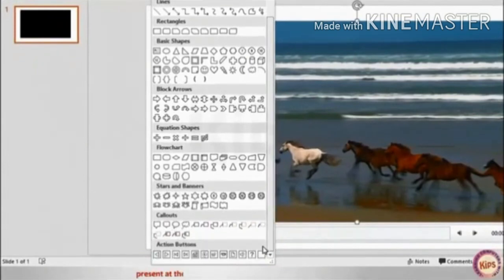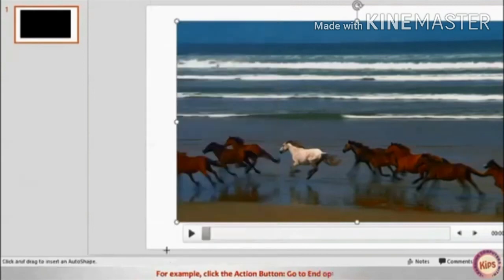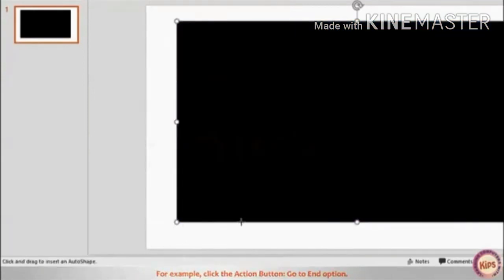Select the desired action button from the drop down menu, present in the last bottom area. For example, click the action button to go to end option.